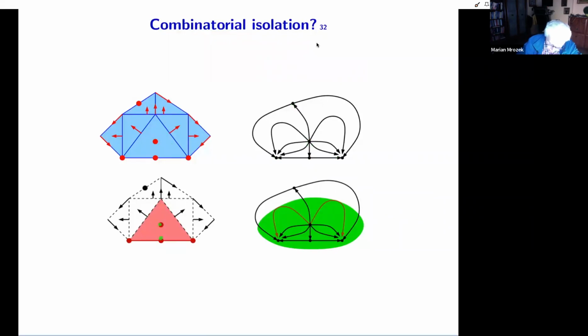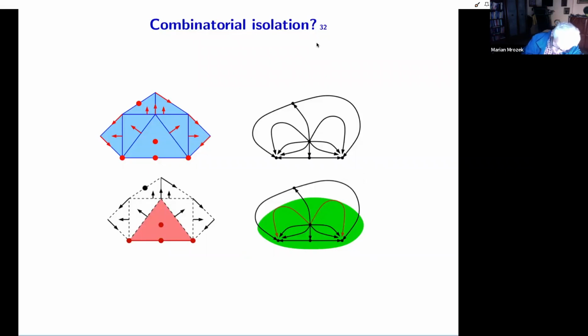If I want to treat them as isolated invariant, the counterpart in my analog for flows would be like making an isolated invariant set something which contains